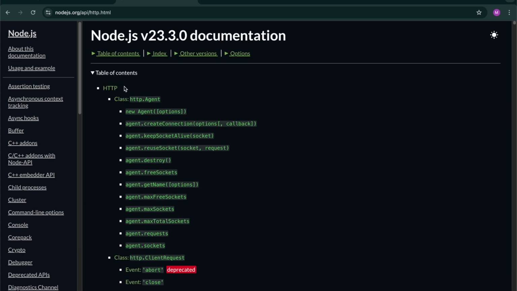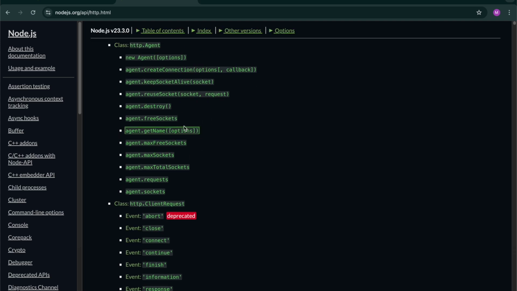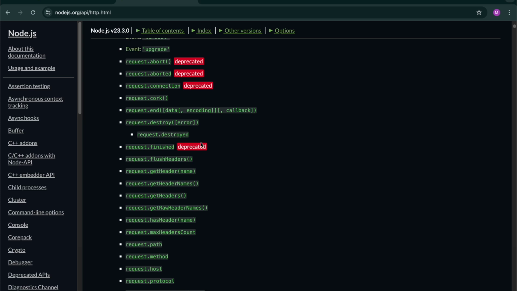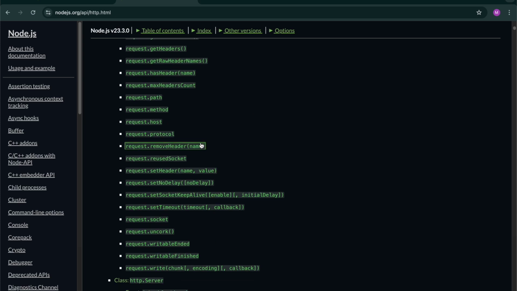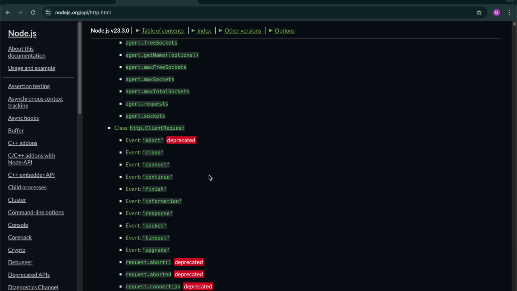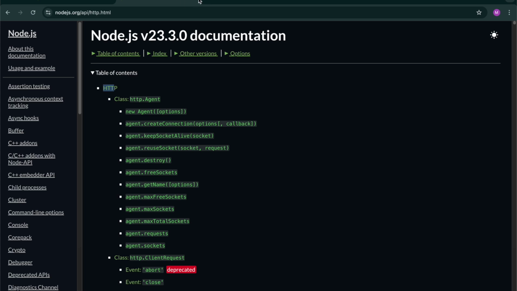See, this is the http module, and these are all the classes and things present in Node.js http. They are mentioned here. If you want, you can read them, but please don't learn anything by heart. You don't need to learn all these things. You will learn while doing, while programming. Whatever is necessary, you will learn while programming. So you don't need to go through this and memorize each and every method. Okay,